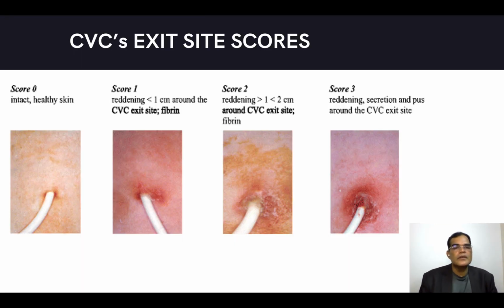Over here, these are the exit care scores. When you examine a catheter, this will be an exit care score. If score 0, this catheter is very clean, no discharge, healthy skin, and quite intact. Score 1, if you see a little bit of reddening, about 1 centimeter around the catheter, and you will see some fibrin over here. Score 2, again you will see reddening